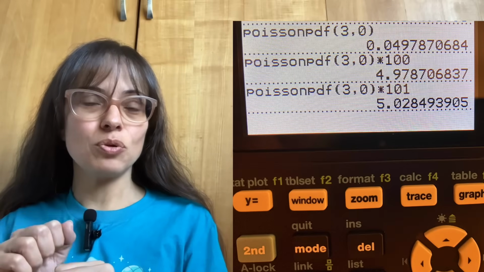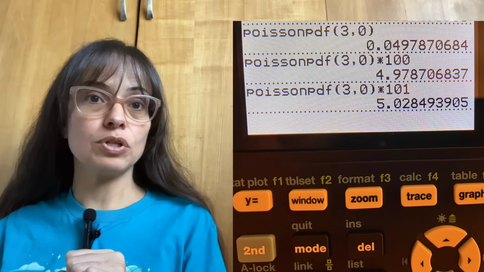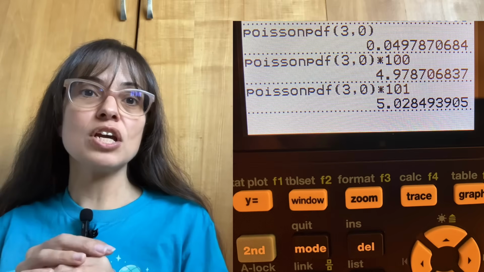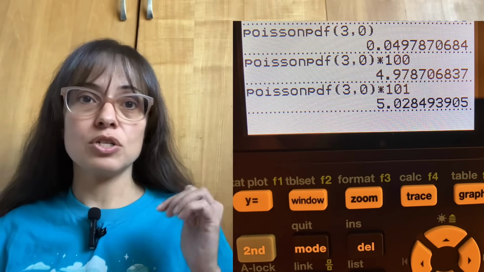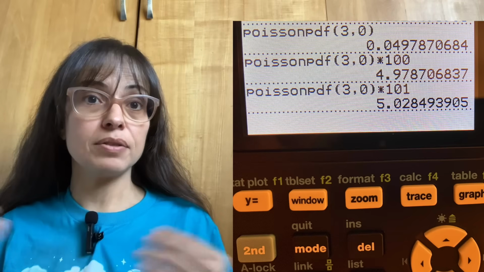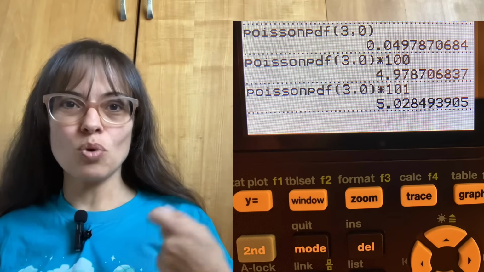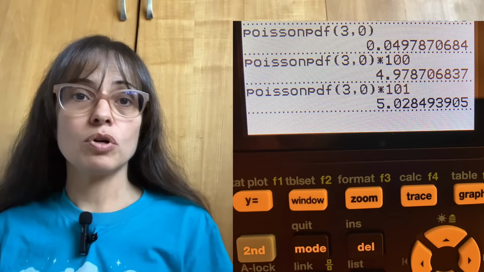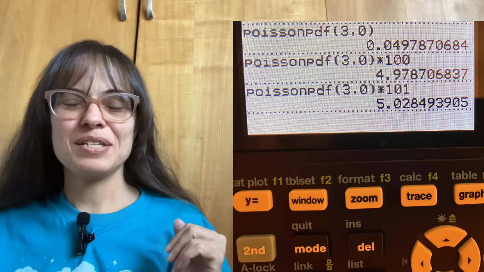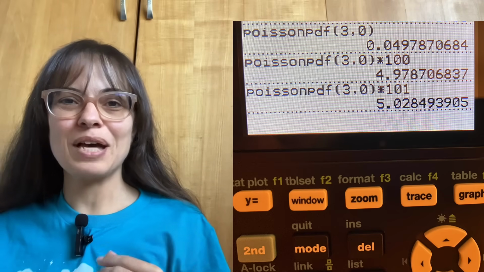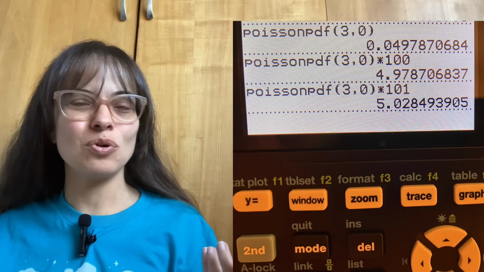If we don't change the parameter of the Poisson distribution, that's not going to change the probability of getting 0 phone calls that day. But if we do increase the number of days that we are looking at, the probability didn't change, but the expected number did change, because you're going to have to multiply that probability by the total number of days. And that was my plan, to just keep looking at more and more days until I got that category to reach the number 5.